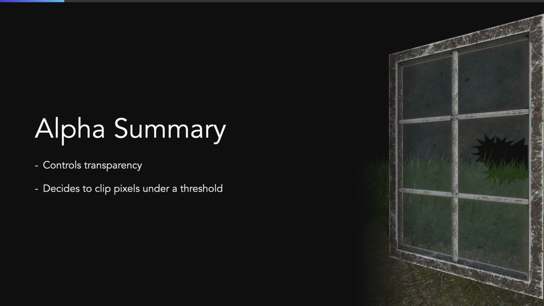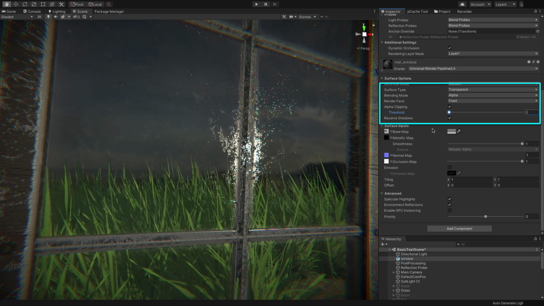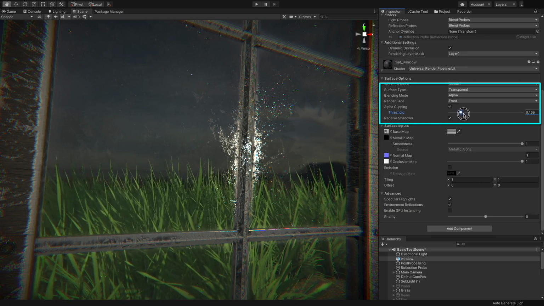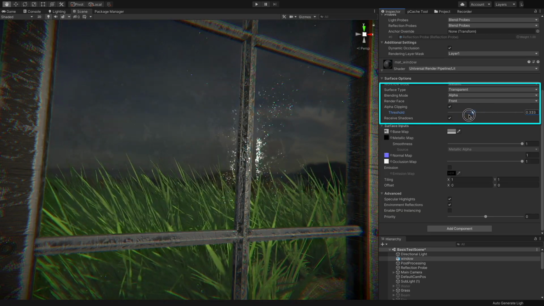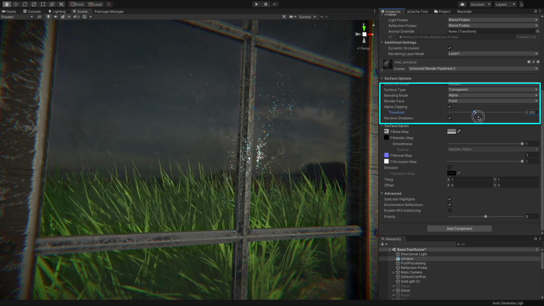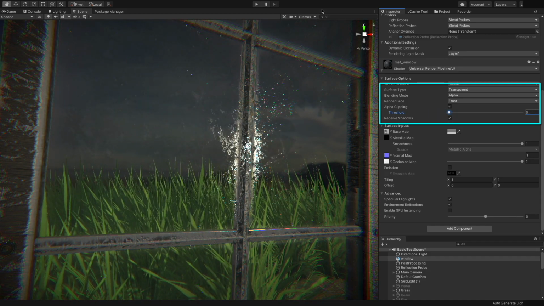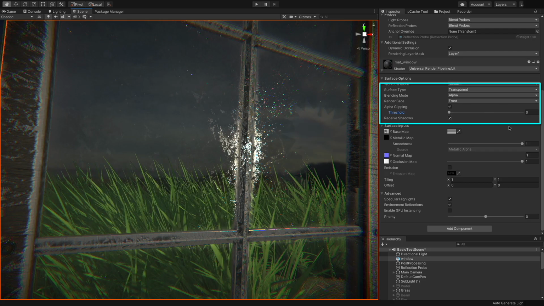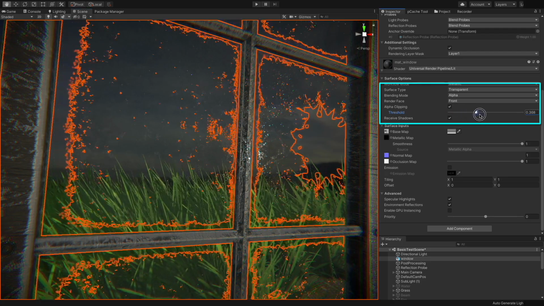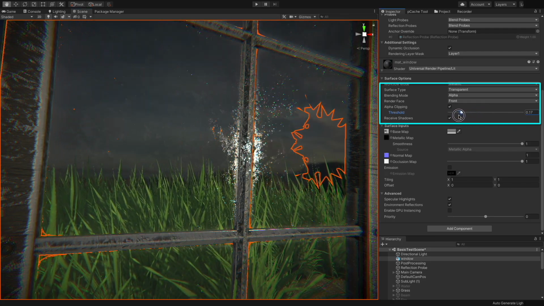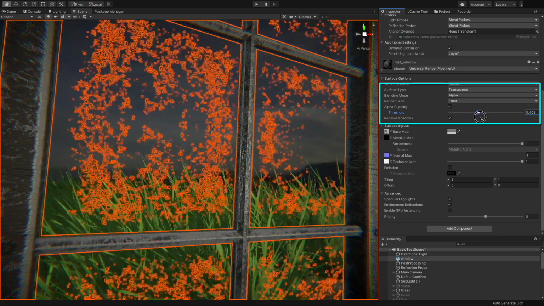No, you didn't hear it wrong. You can also use the alpha clip threshold in the transparent rendering mode. Let's take the window on the screen as an example. The glass is see-through thanks to the low alpha values. At the same time, the missing glass pieces can be discarded entirely if their alpha values are under the alpha clip threshold. It's much better than still rendering those pixels with 0 alpha.